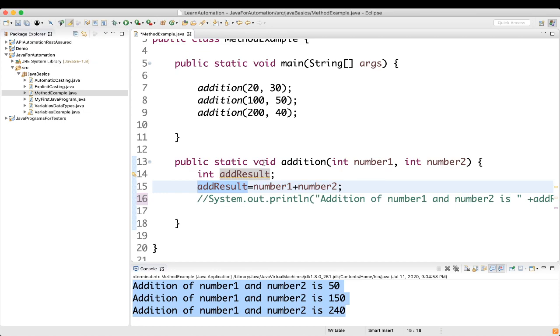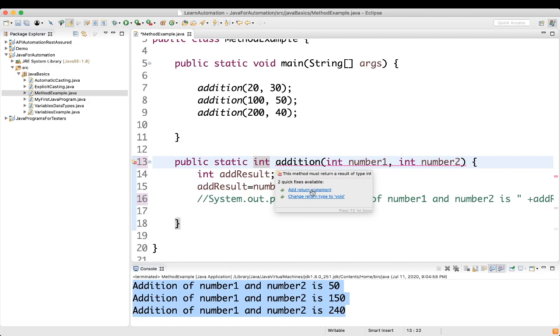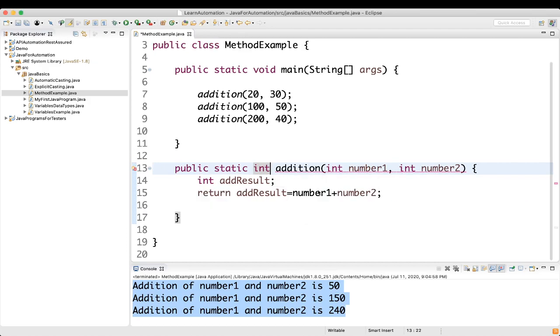So what you need to do here, in place of void you can write int, and what it is telling, add a return statement. So let's add a return statement, or you can change return type to void. If you change return type to void, you don't have to give a return statement. As we are giving int here, it is telling add a return statement. Let's add a return statement.